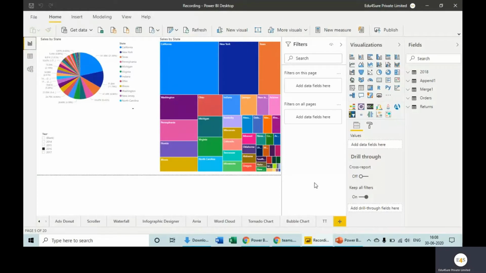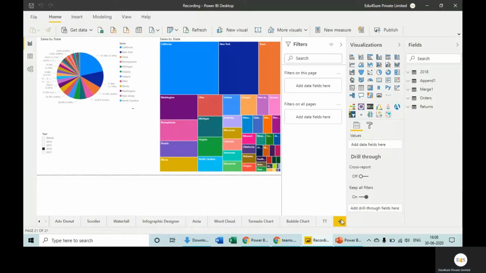Guys, we have reached the very interesting part of Power BI now. When we get the query, do we have formulas in Power BI like we have in Excel? Yes, we have. That particular portion is called DAX, Data Analysis Expression. So how to use that? In this session, we will create our first measure.